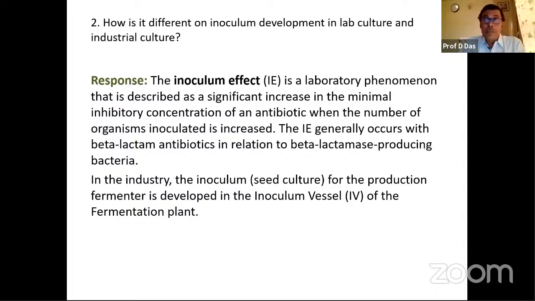We know that there are two types of microorganisms: unicellular cells and multicellular cells. In the case of unicellular cells, number is proportional to mass, so you can easily count. For example, Saccharomyces cerevisiae, or any bacterial cells, mostly bacterial cells, you can count. Unicellular cells usually you can count, but